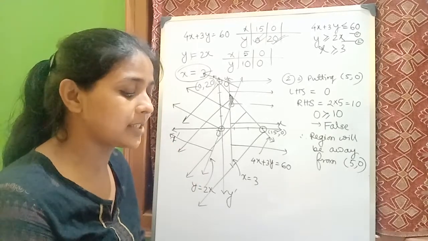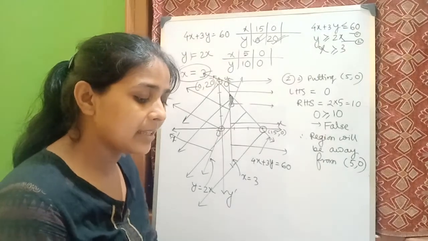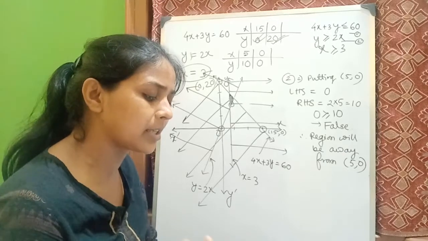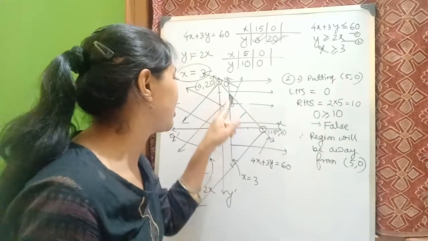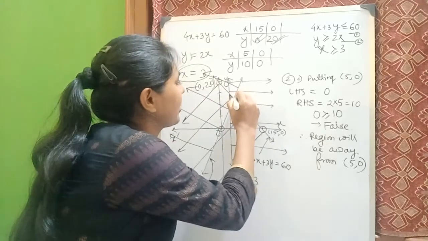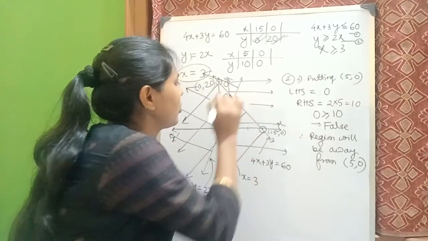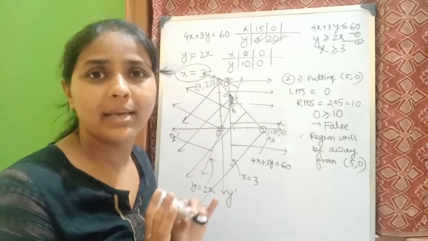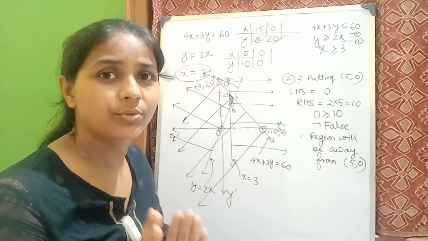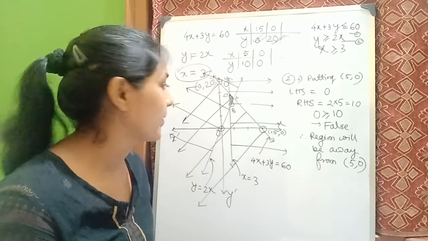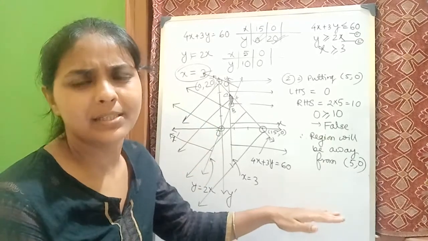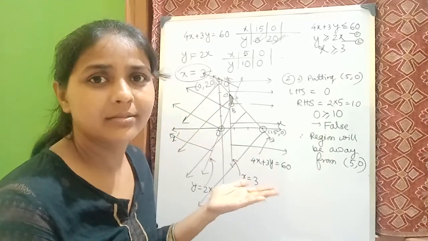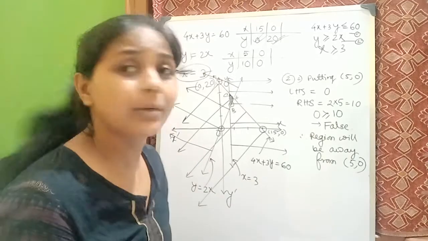Now class, this is exercise 6.3. The question is: solve the following system of inequalities graphically. That means you just need to shade it, nothing else, and then you can give the names also. There is no problem with giving the names. So this triangle ABC is the final solution region. Okay, understood? And that you have to write obviously in the answer. So this is the way it can be done. Okay, I hope you all have understood it.